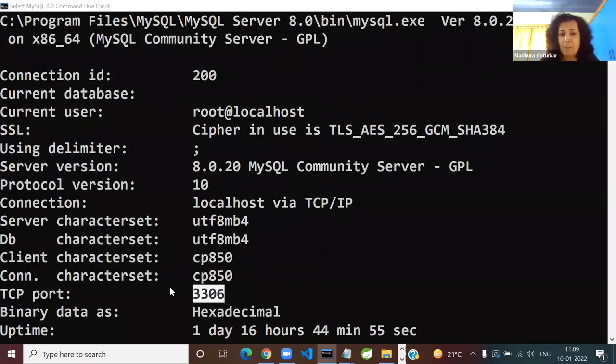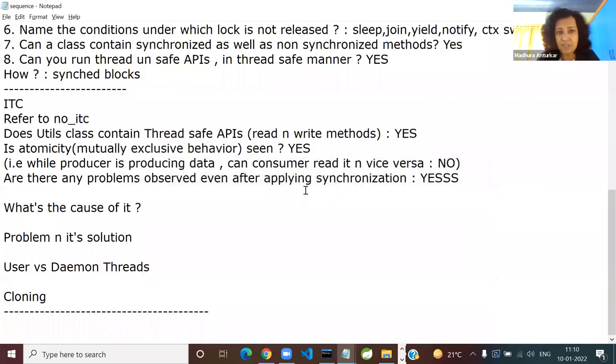So is everyone's MySQL database all up and running? Great. We're going to require it after we discuss the user and daemon threads. So you can keep it open. It's just a client. Okay, so let me get you back to